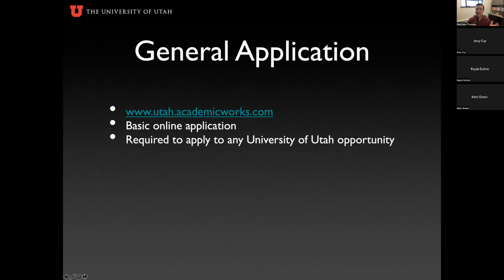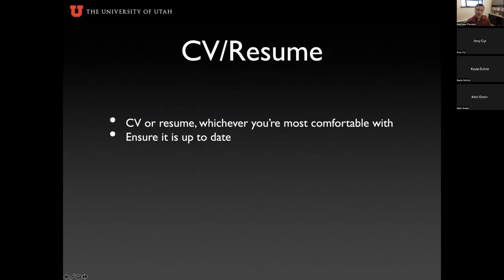As mentioned, there's the basic online application, or what we call the general application, that all students must complete. And then after that, you'll be able to apply for specific opportunities such as this. You just simply put Marriner Eccles Graduate Fellowship in the search box, and this will come up. You'll upload a copy of your CV or your resume. There's not a preferred format of should this be a CV or should this be a resume, whatever is relevant to you and your professional goals or what you are able to prepare.